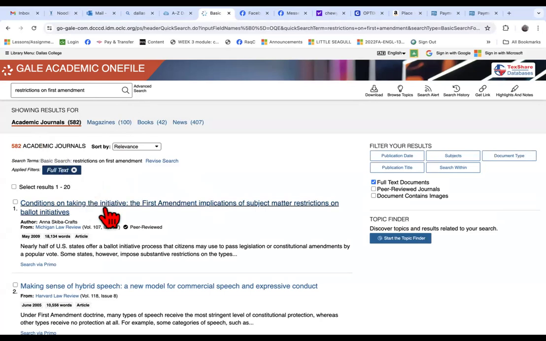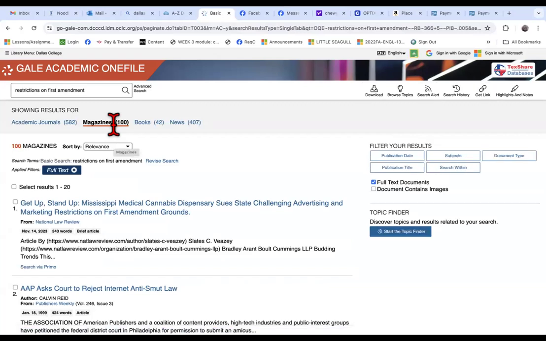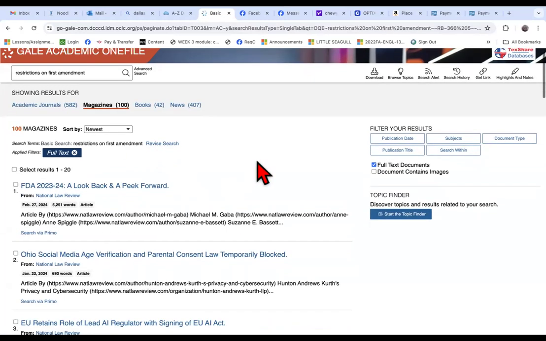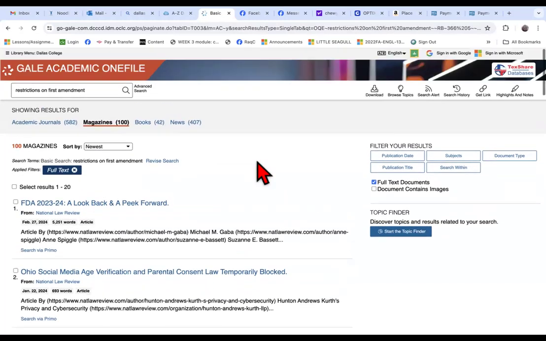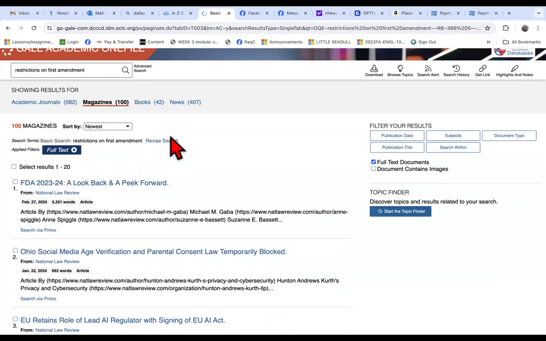Okay. Do not go to academic journals, go to magazines. And you see that it cut out 482 articles by doing that. Now, another way that you want to look at this, especially since this is going on right this very moment, you want to put the newest on top. You want the most recent of all of them. Okay, so now I have 100 magazines,